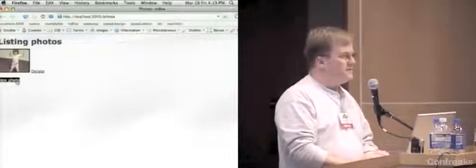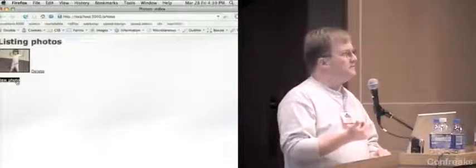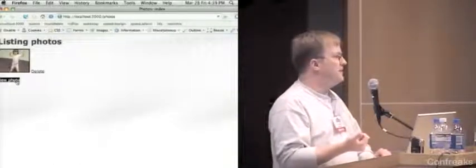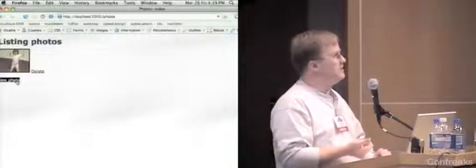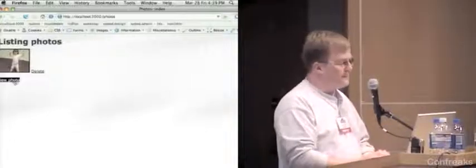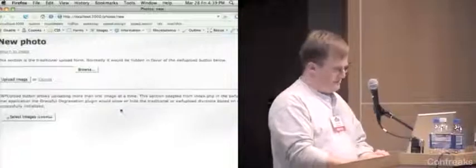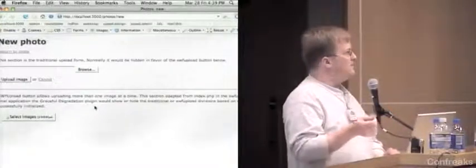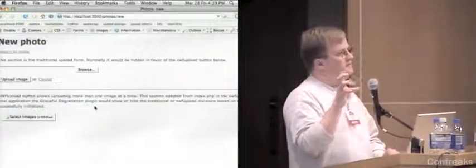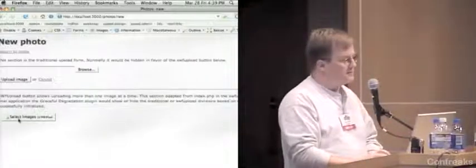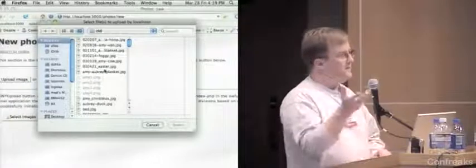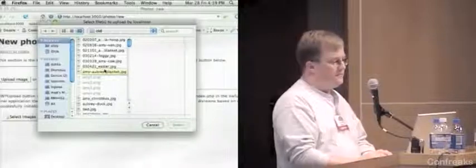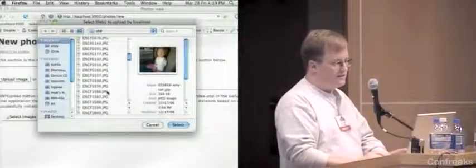So what we found was this thing called SWFUpload. It's swfupload.org. It's a library written for a wide variety of platforms. There's a PHP implementation and a .NET implementation. It's basically a very simple system that uses a hidden Flash movie file to select the files. In other words, if I click Select Images, this is a Flash file open dialog box. When I select the images I want, I can select as many as I want